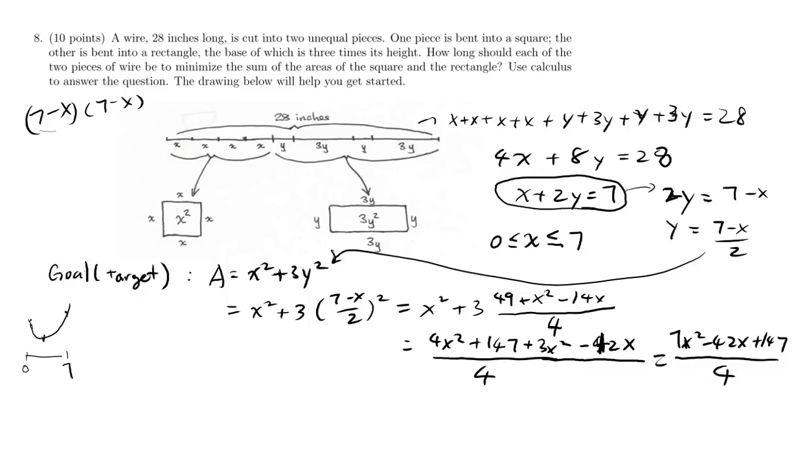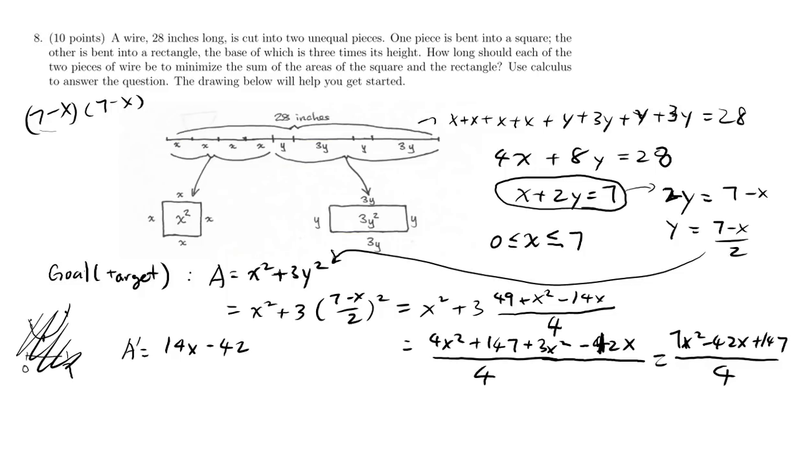That means we just have to figure out when A prime is 0. But usually you have to justify your argument, so let me show you also how to justify your argument. First, A prime equals, if you differentiate this, 7x squared, 2 comes down times 7 is 14x minus 42,